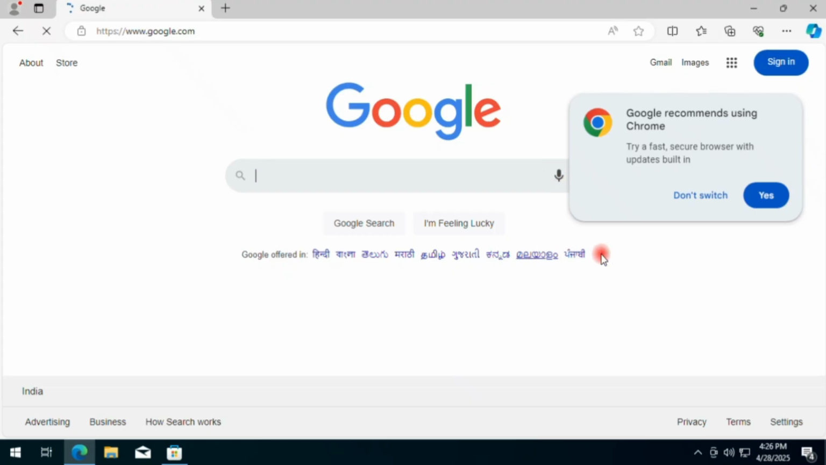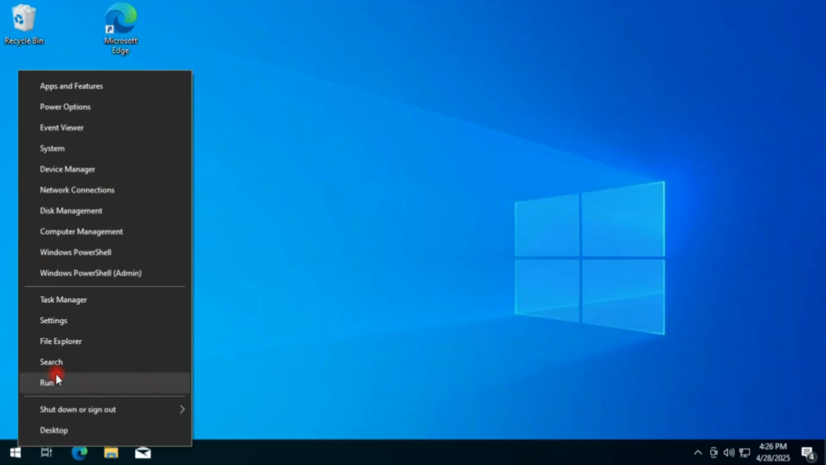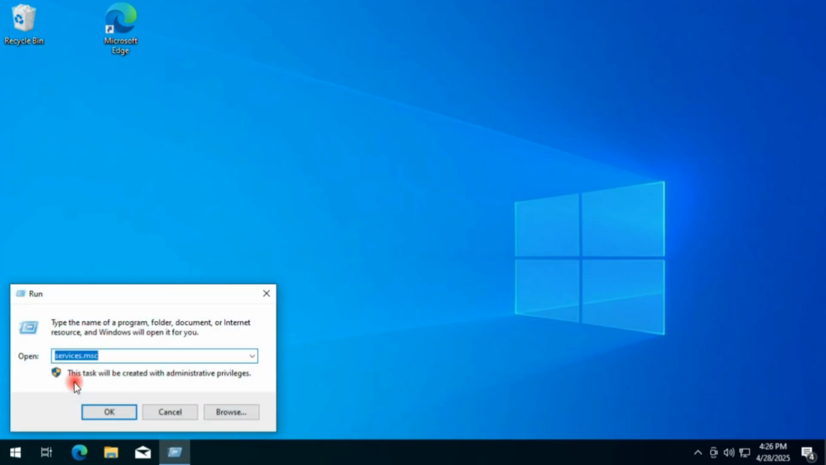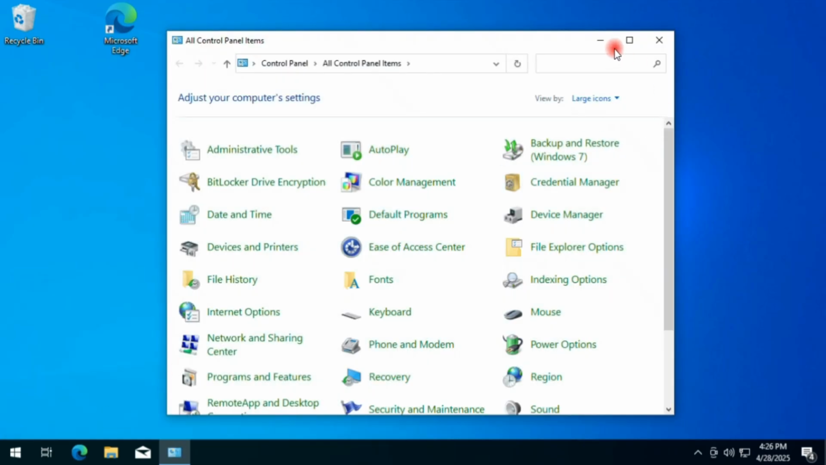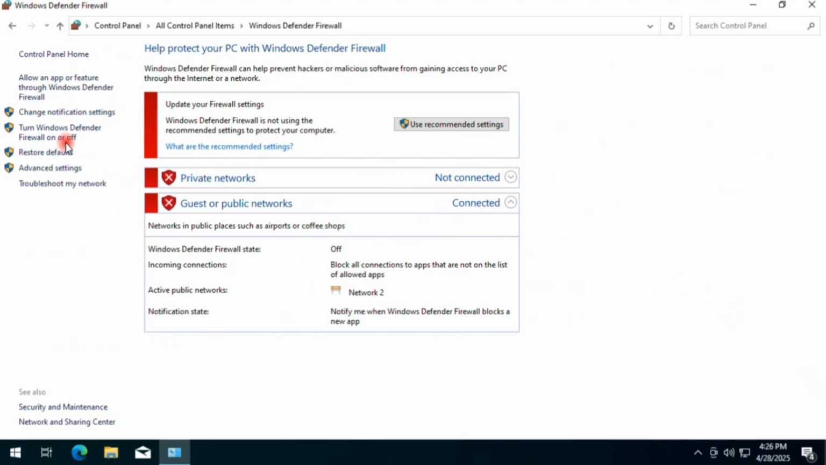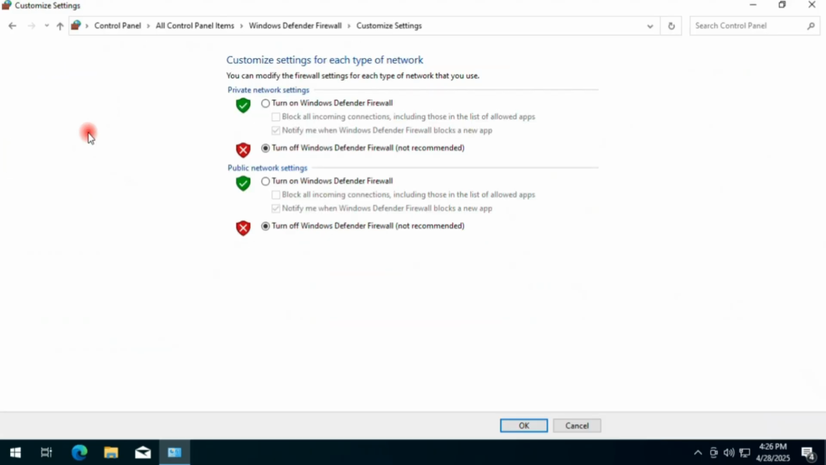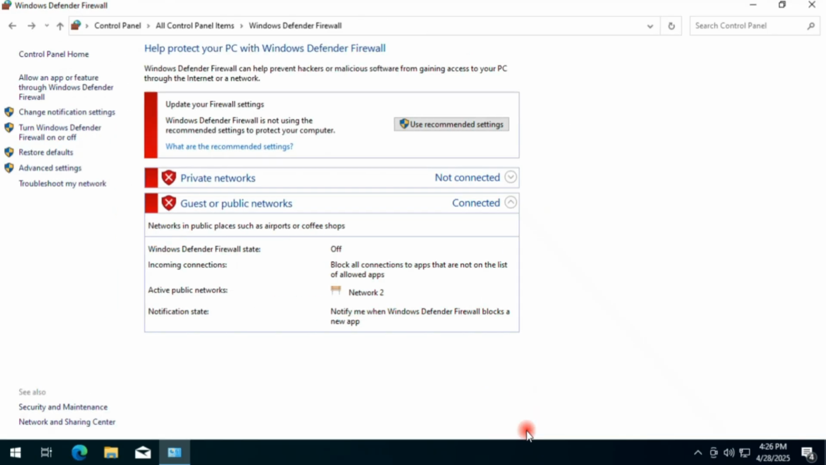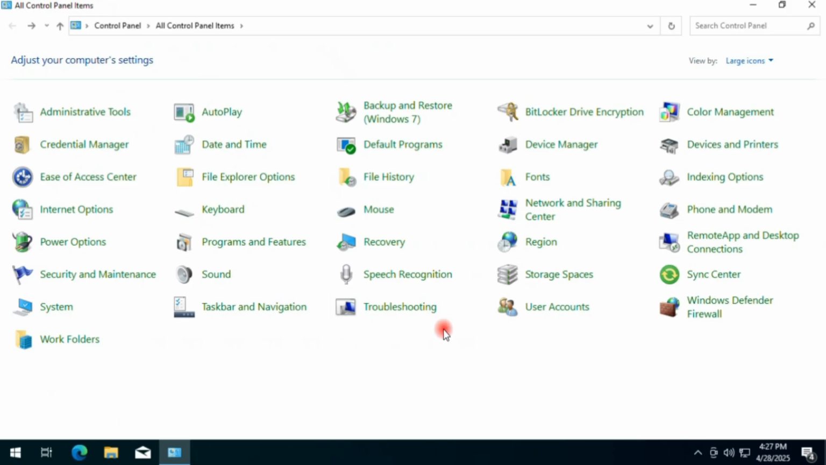So guys, the first method is: click the start button, right click on it and click the run option, and type control here, and after that click OK. After that, click the Windows Defender large icon and select Windows Defender, and after that turn on Windows Defender and turn it off. This checkbox should be checked here. Click on OK, and after that click the back button, and after that guys